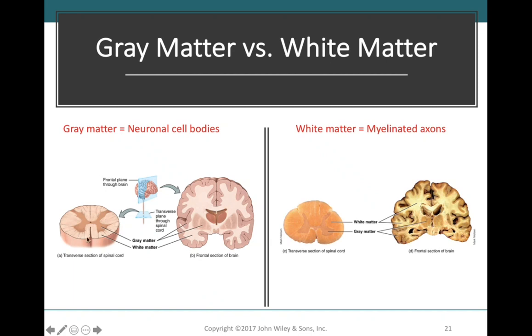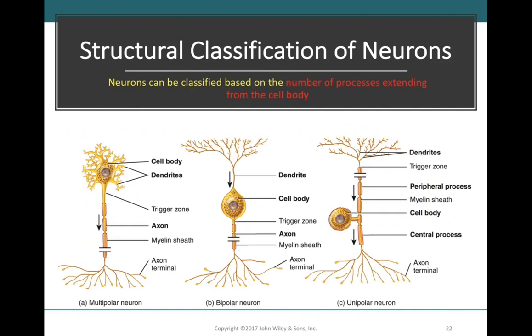That's going to be the exact opposite when we get into the spinal cord, where we see this layer of white matter on the outside and this gray matter on the inside. So I'll mention this a few more times as we go through the nervous system. But I want you to start making this association and understanding that our neuronal cell bodies are found on the outside of the brain and on the inside of our spinal cord. And our axons are going to be found on the inside of the brain and on the outside of our spinal cord. So next we're going to discuss the structural and functional classifications that we can give to our neurons,